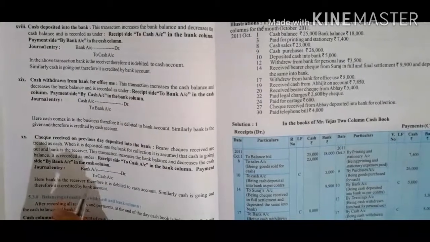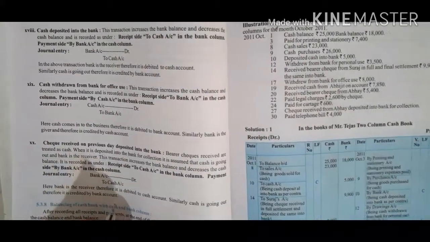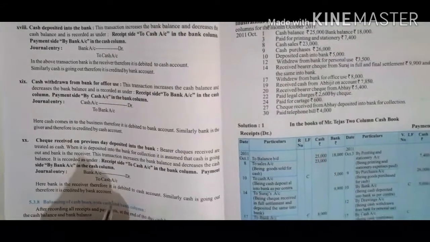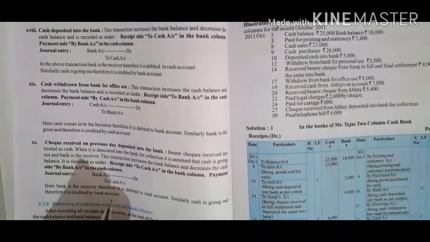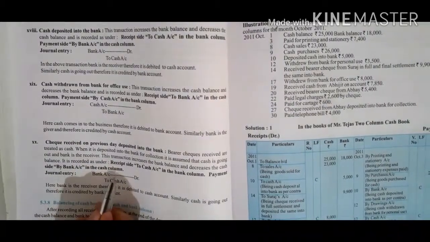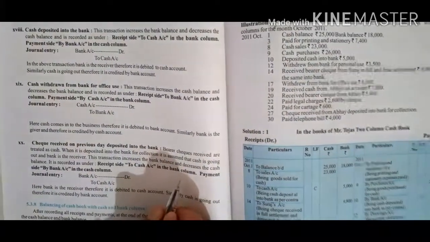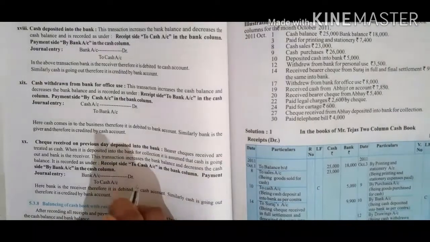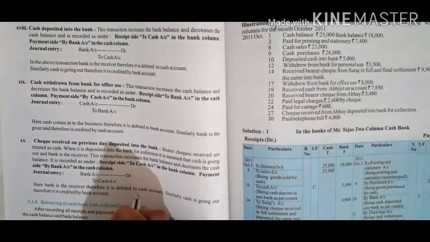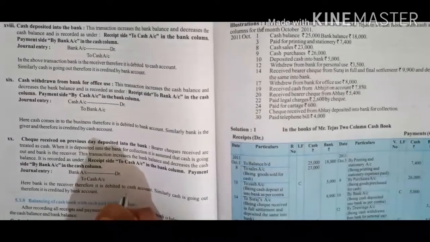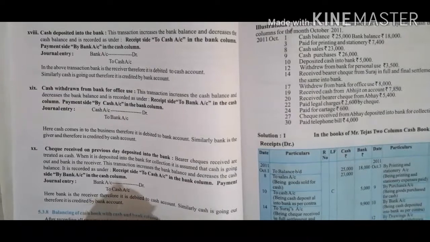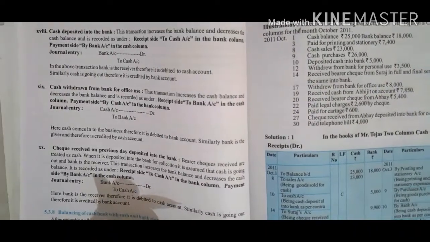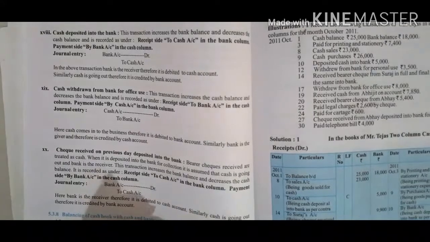Now who is receiving this? The bank is receiving this, but the cash account is paying this to the bank. So the bank account will record that particular amount from the cash account in the cash column, because your cash account is giving the amount in cash to the bank and the bank is receiving that amount in cash. So the bank will write that particular amount in the cash column. Okay, I hope you understood this last one. I know it was a very critical one, but this is how the contra entry is made over here.